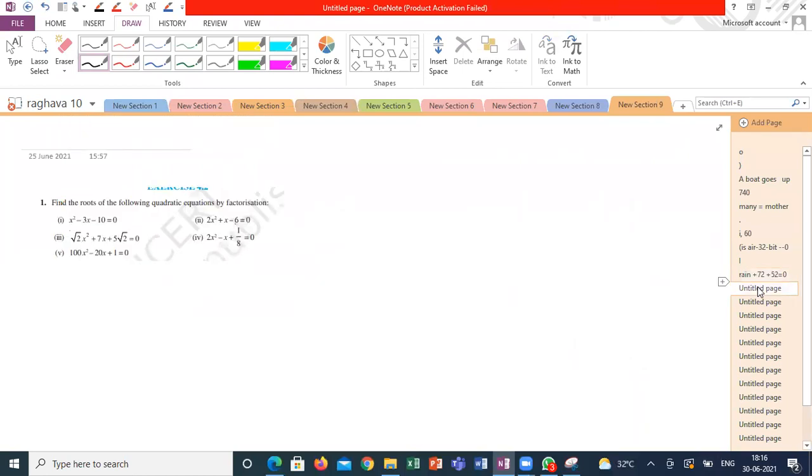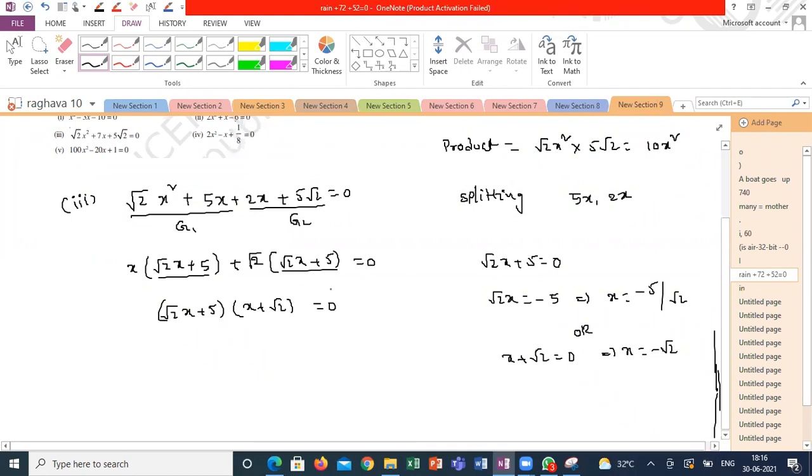Who is going to explain the fourth question, guys? Sir, for the last question, when we took root 2 as common, from that 2x became root 2 x, how, sir? If you feel how I am getting this, you multiply root 2 in this, you will get this one. Yes, sir, I got it. Root 2 can be written as root 2 into root 2. Yes, sir. 5 root 2 can be written as 5 into root 2. So I am taking one root 2 common from both the things. Okay, sir, got it.